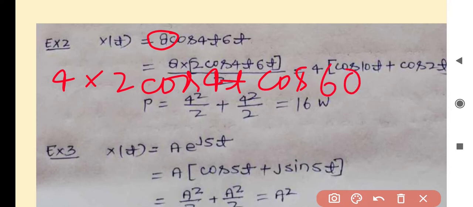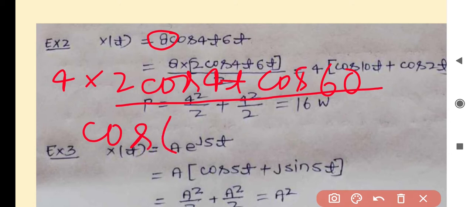This relates to the formula of 2 cos A cos B, which is cos A plus B plus cos A minus B. Cos A plus B means cos 4t plus 60, which means cos 10t